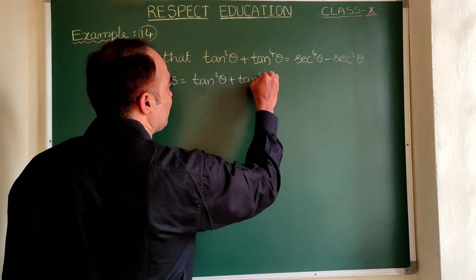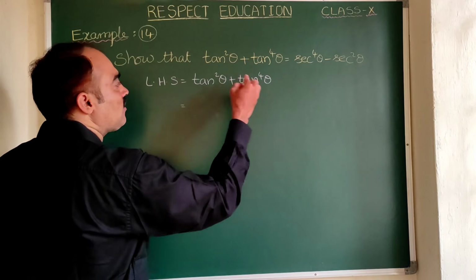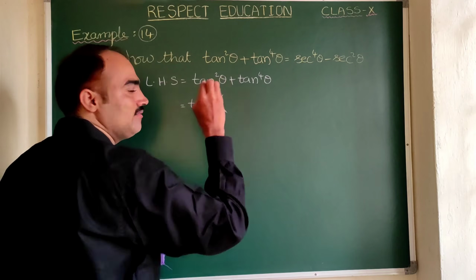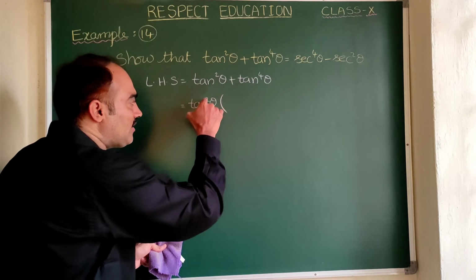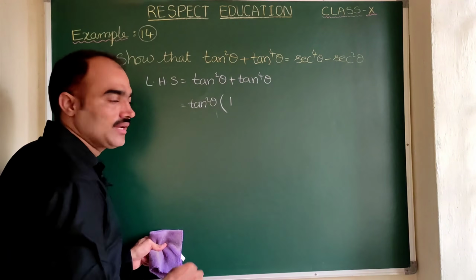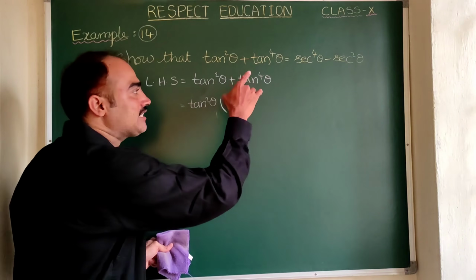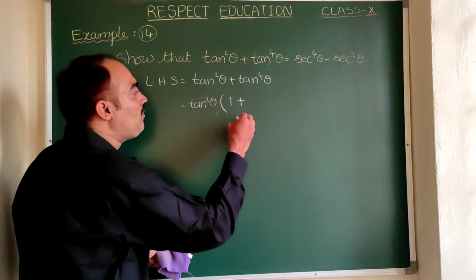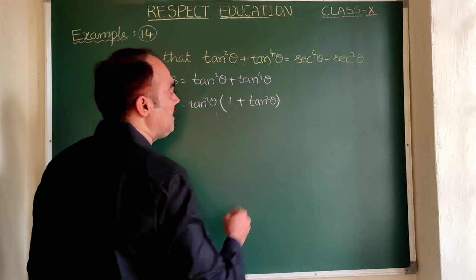Here let us take tan square theta common in both. If you take tan square theta common, what will come? 1 will come. Clear? Plus tan power 4 theta means tan square theta into tan square theta. One tan square theta is taken as common, so one more tan square theta is left. Is it clear? Yes, sir.